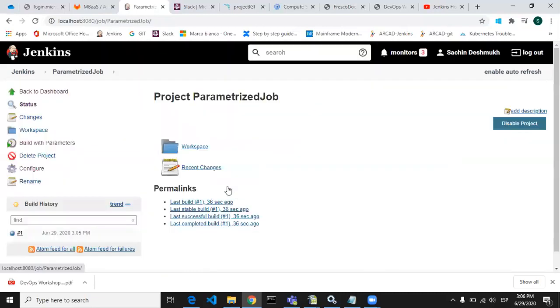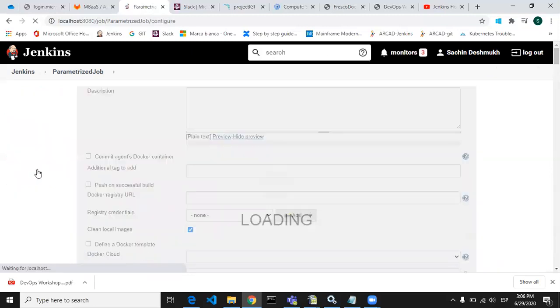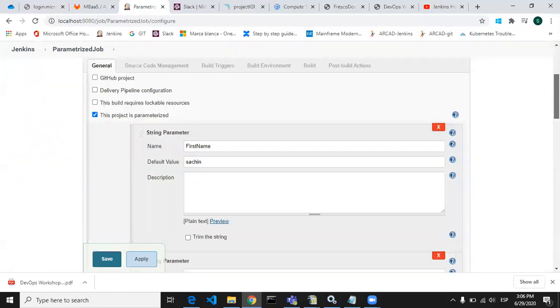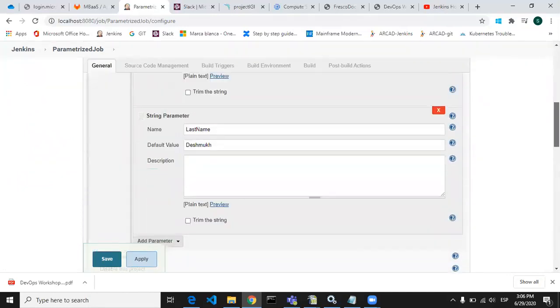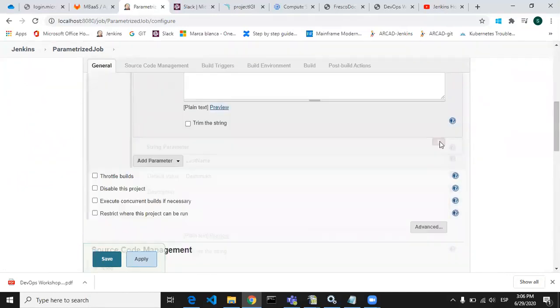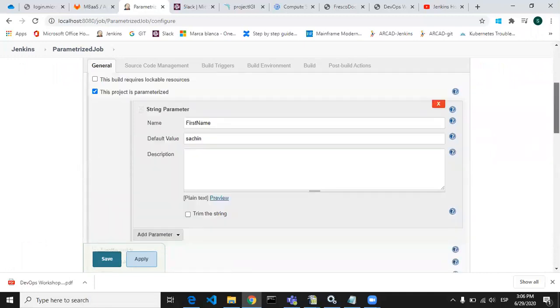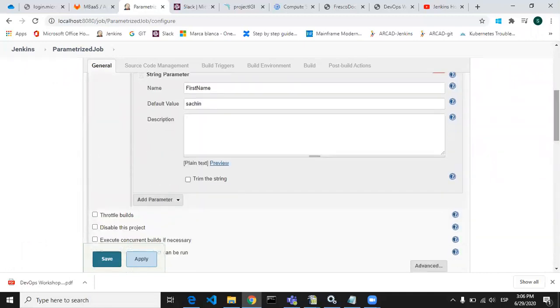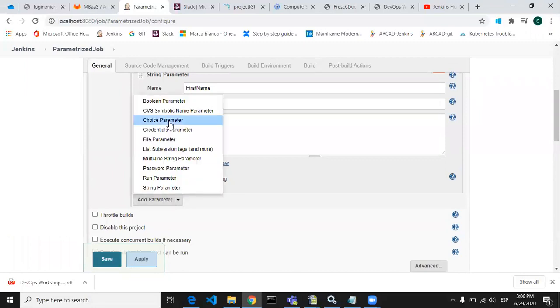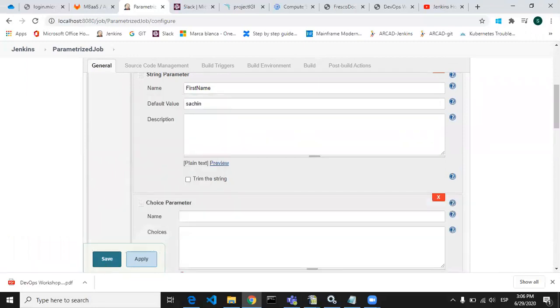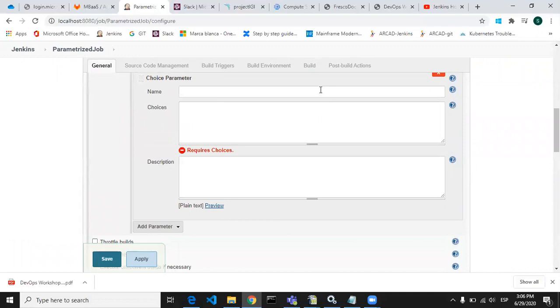Parameterized job, configure. Okay, I'm removing this, and say I have to choose from multiple options, so I will be using a choice parameter. Suppose you have the name Sachin, but there are so many Sachins with different last names.